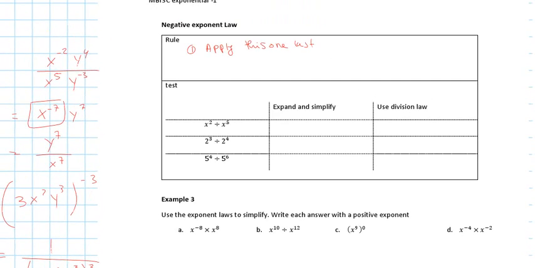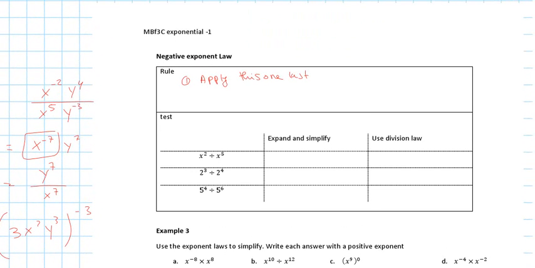Okay, so here's the thing. We saw here that I have an x to the power of negative 7, but the y was to the power of 7. So the only one I had to flip was the x, right? So what I did is I took it from the numerator and I put it in the denominator. Okay? That's basically what you're doing. Okay? So here's the rule. Take only the base with negative power